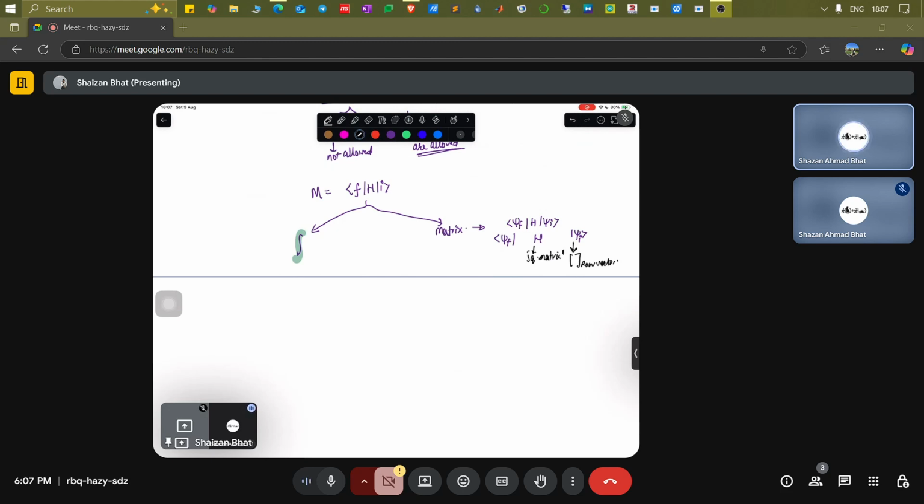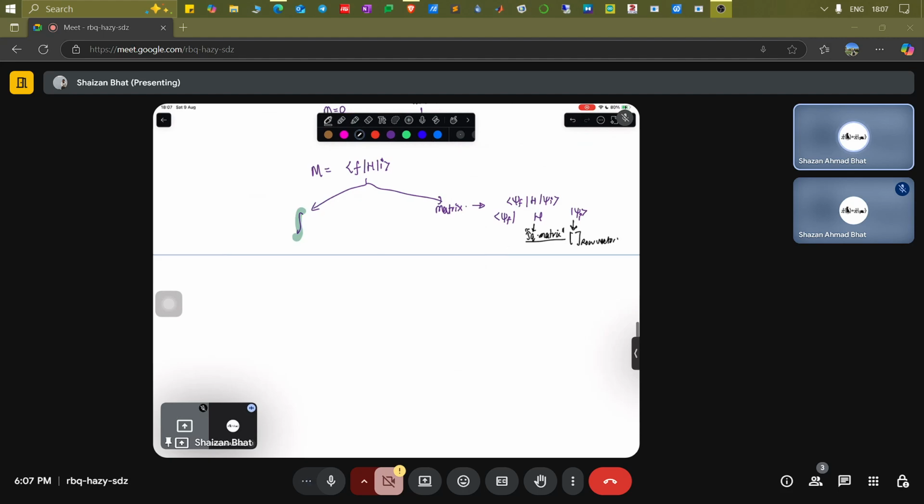Those of you who know quantum mechanics know the reasons; I'm not going to talk about those again. It's like a square matrix, let's say for example 100 cross 100, depending on what system you are dealing with, whether a 2D chain of atoms or a 1D chain of atoms.